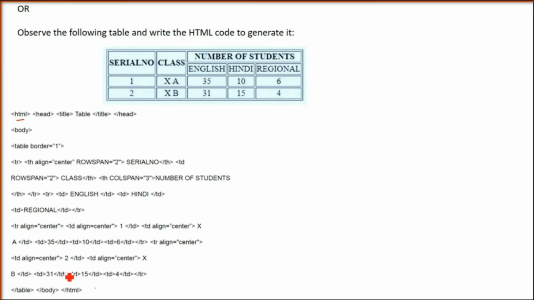Now we started body, we ended the body. Now table border 1. As I said earlier also, there are 2 lines if you see. The border has extended. The width of the border is higher. Coming to table row. First table row. Now table row we started, TH align center. So you can see serial number is in center. Now we are talking about serial number first, header. So serial number, this is header. So TH we have written.